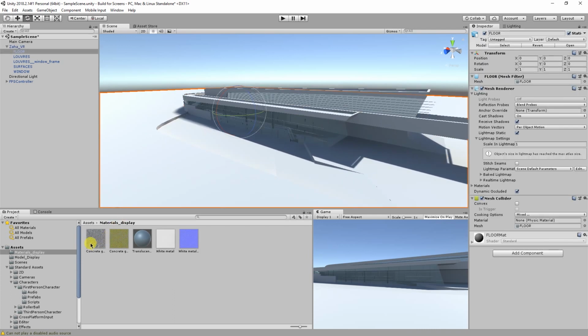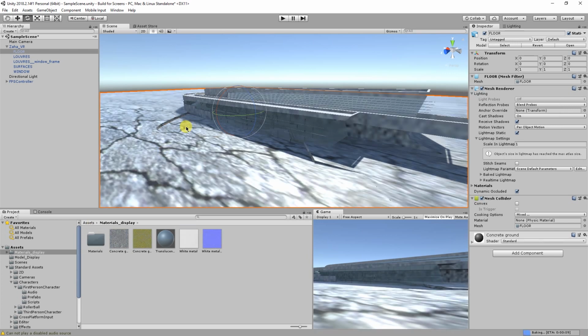So just, let's do the same for the ground. So select the floor, that's what it's called in the hierarchy, and then drag that concrete material over it. And you can see that the scale is wildly incorrect. So have you all got this and the floor selected? So in the inspector channel,